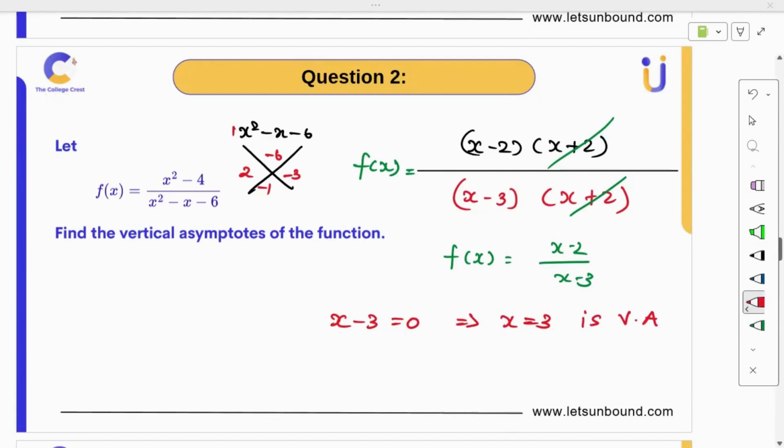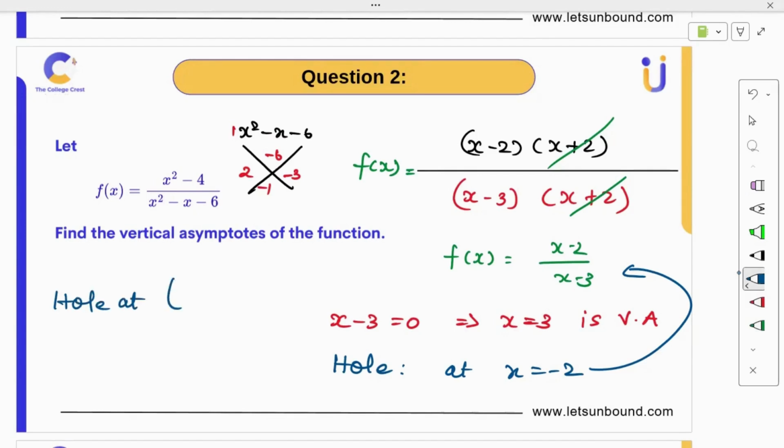Okay, here we go. And in this case, we can observe one thing. What is a hole here? A possible hole is there. The cancelled out factor will give you the hole. I hope you remember. So hole at x is equal to -2. To find the exact hole location, you should substitute in the simplified equation. So substitute -2 here. We can say hole at -2, comma,